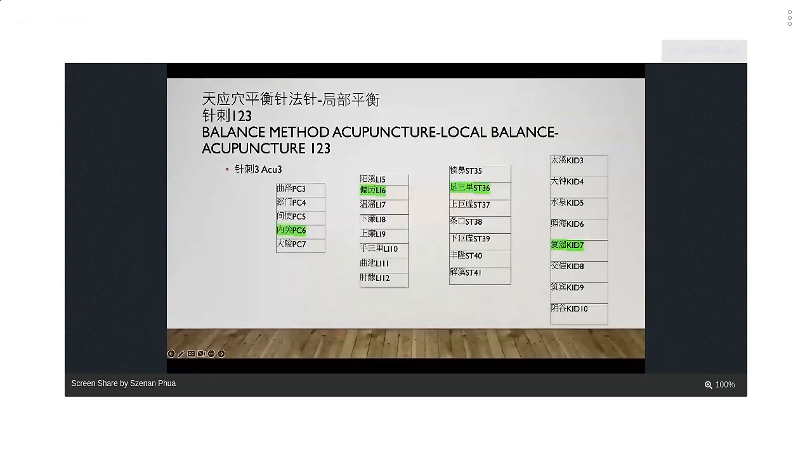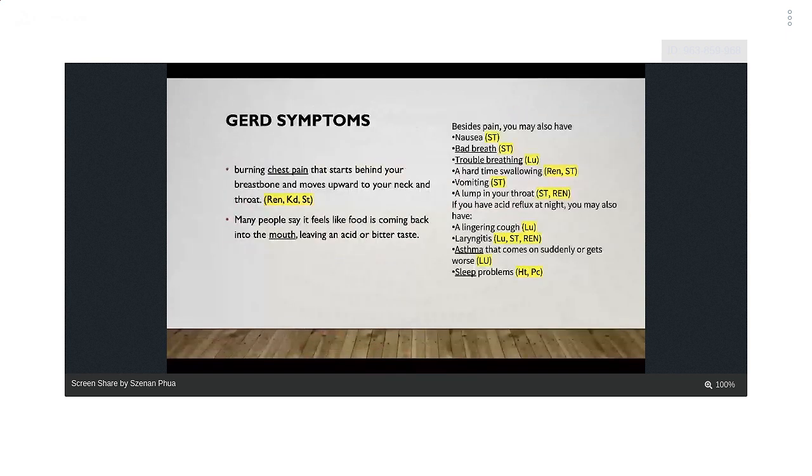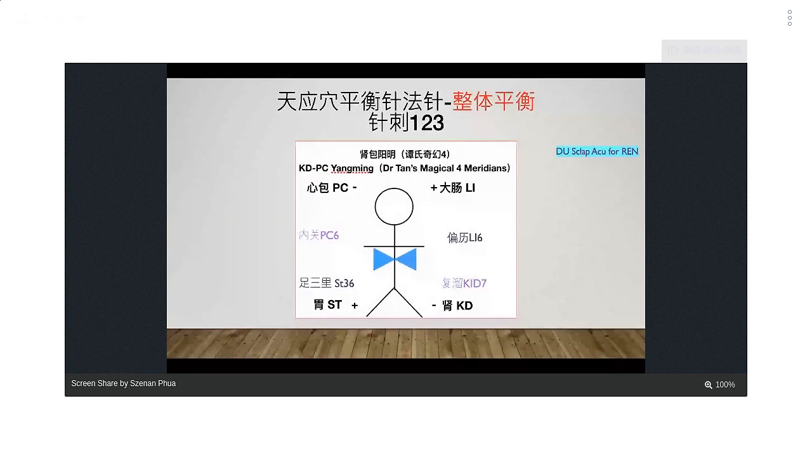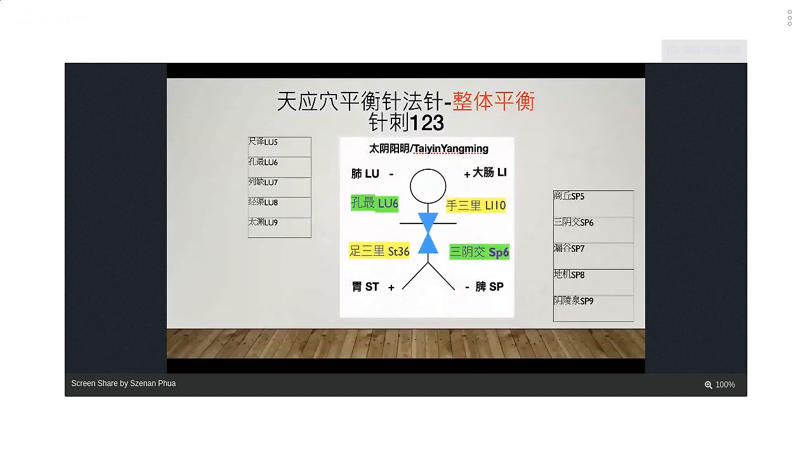Remember when I talk about here, this is acupuncture 1. Sometimes it involves breathing problem. Trouble breathing, that's lung. Okay? Then when it involves lung, the strategy we're doing in here may not work well because it can't treat lung. Maybe the large intestine can treat lung, but there is a better global balance for it, which we call tie-in Yangming.